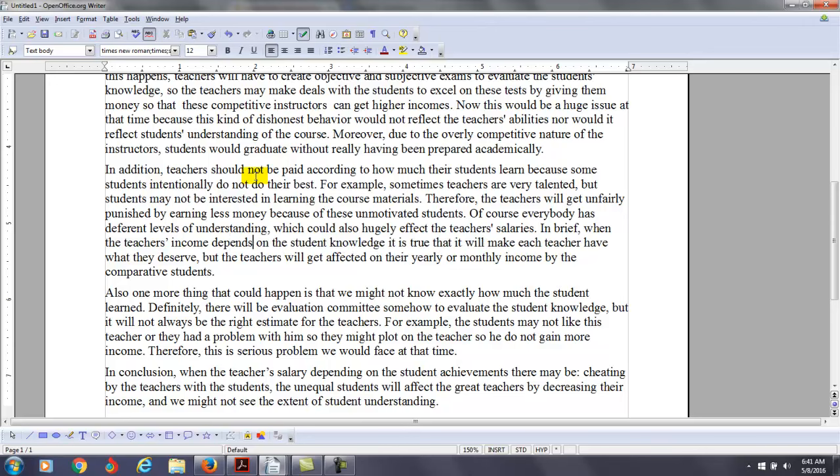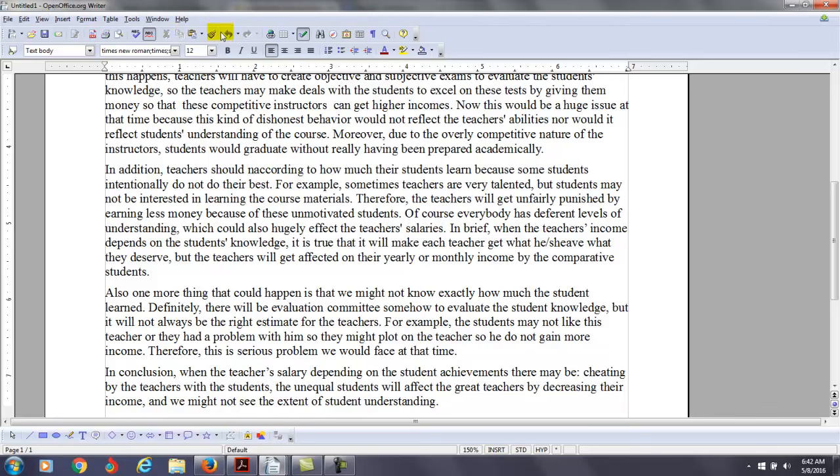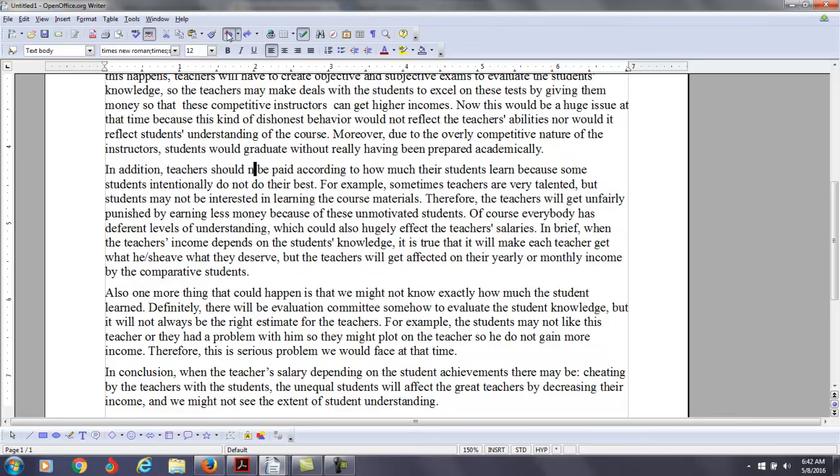When the teacher's income depends on the student's knowledge, it is true that it will make each teacher get what he or she deserves, but these teachers will get